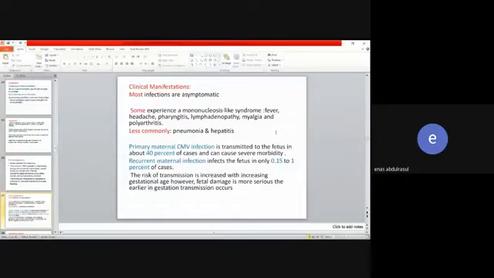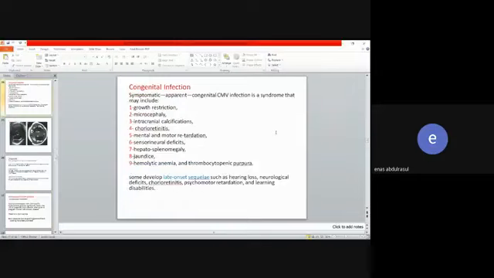هاي معروفة. لكن as any infection during a pregnancy, fetal damage will be more serious the earlier in gestation the transmission occurs. What about congenital infection? The congenital form of the disease will be in the form of a syndrome that includes the following features: growth restriction, microcephaly,